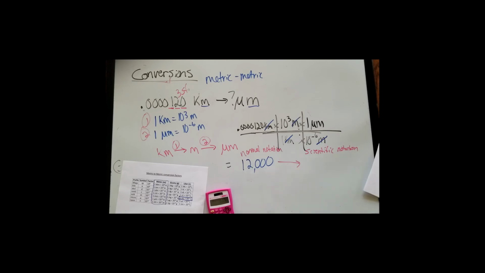So put this number in scientific notation. To do that, you want one non-zero number to the left of the decimal. So it's going to go between the 1 and the 2. So I get 1.2